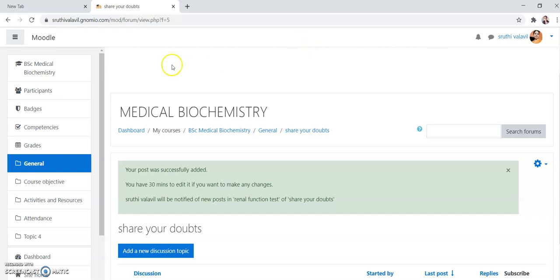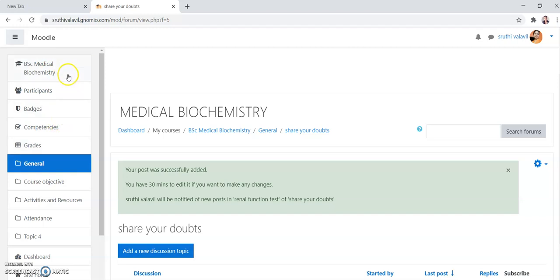I'm repeating, to access this Moodle site, after login, you can see your login credential here, and then after login, go to the left hand side. There you can select your course or subject. If you are dealing with the instrumentation subject or metabolism subject or pathology subject or whatever it may be, there will be a course named for the subject.